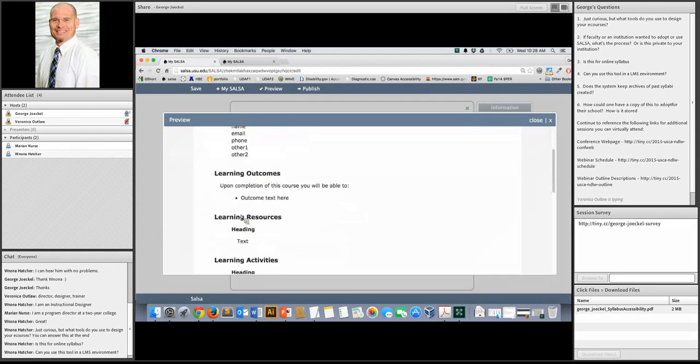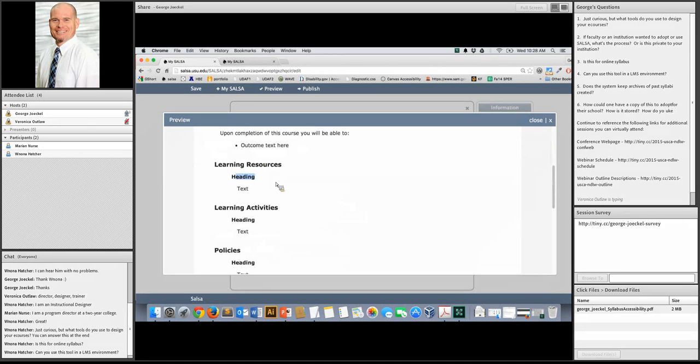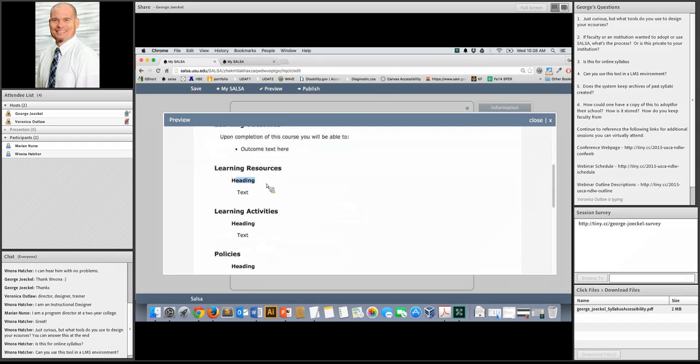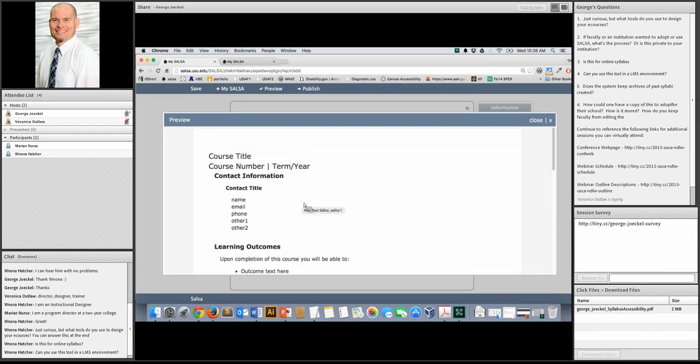Okay, so when we're going back and talking about headings before, one of the great things about Salsa is that the accessibility issues, some of them that we've addressed today, they're built in. So this is always going to be a heading 1. This is always going to be a heading 2. This is a heading 2. Anything underneath of a heading 2 is always going to be a heading 3. There's no way to break that styling or change it. Obviously, there's a way to change the information because you're not going to say heading in text. But by having these accessibility features baked into Salsa, it certainly makes an instructor's job easier.